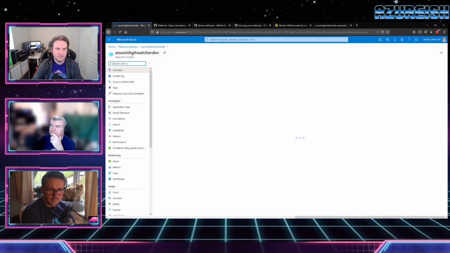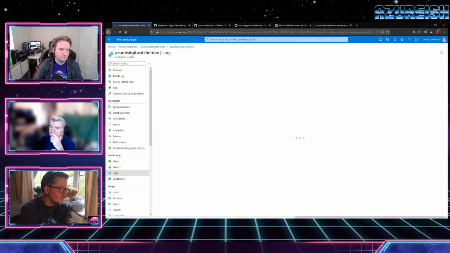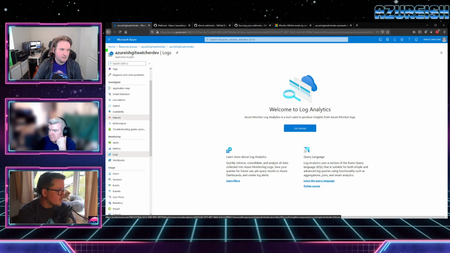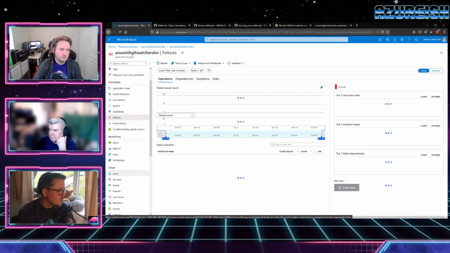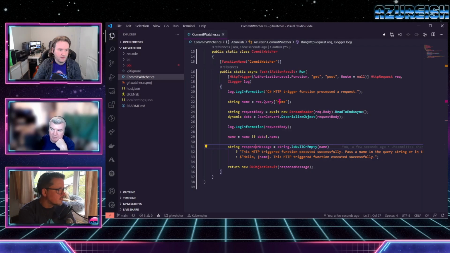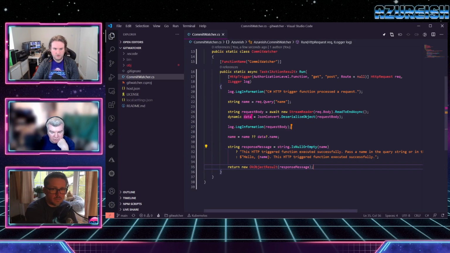I'll drop out to... so we've got App Insights in there as well. I don't know if it's automatically instrumented when you set it all up, because it has gone and said, "Here you go, here's App Insights." But you see server requests in there. If I go to logs, yeah, we're not getting logs out yet. But failures, anything? So probably one thing we could do, taking baby steps here, and obviously we're already getting that object, that data there. So we know that we want the GUID and we want who checked it in, and that the commit message is there. So let's grab those three objects and stick them in the log, and just make sure that we can get those.